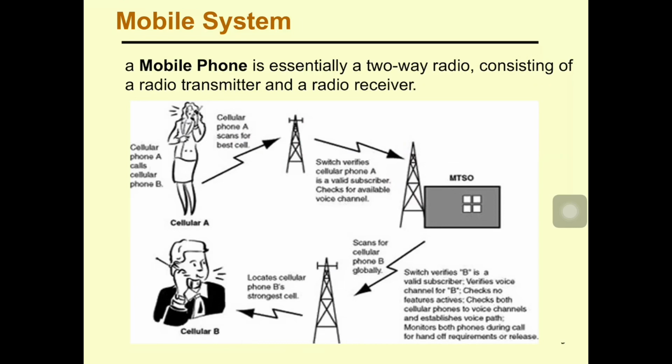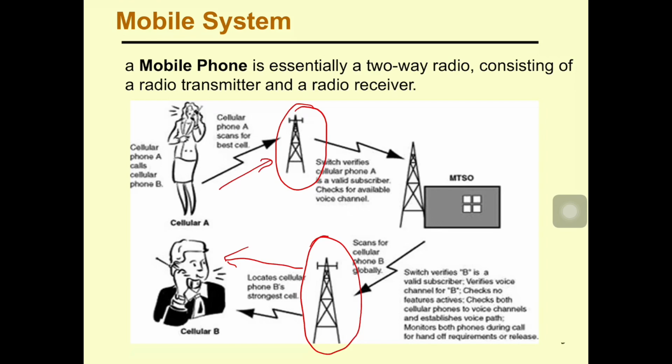That is how the radio waves of the mobile system work. Okay, we can say that the mobile phone is essentially a two-way radio consisting of a radio transmitter and radio receiver. There are towers, you have seen the towers of the mobile. These towers work in two ways: they receive radio signals as well as send radio signals. Okay, hence these are transceivers. These antennas are transceivers which are efficient in transferring as well as receiving signals.